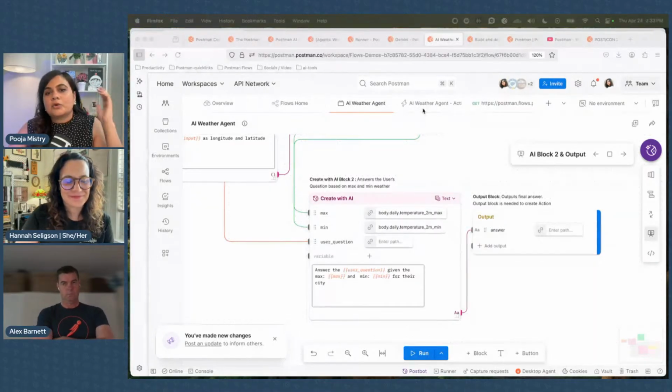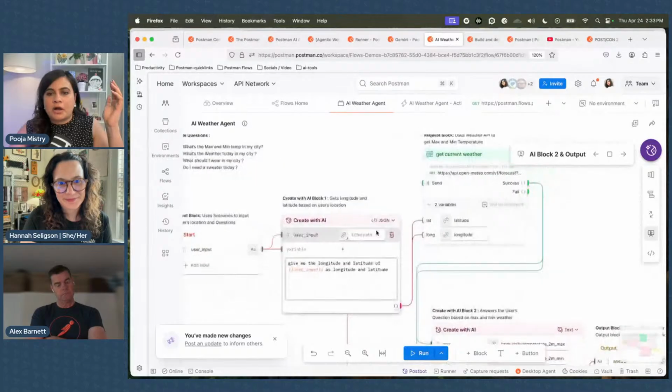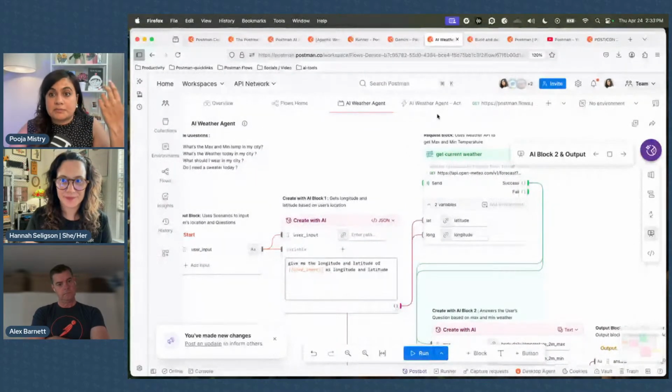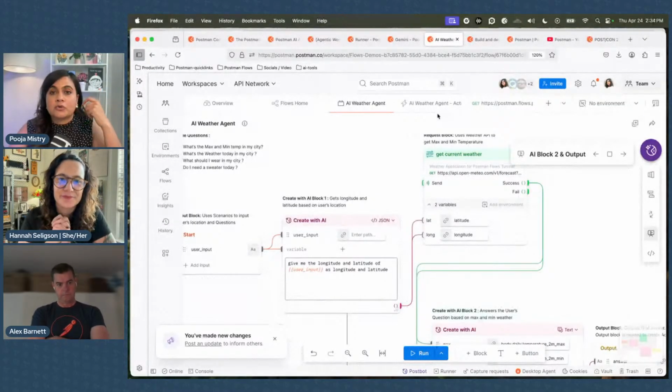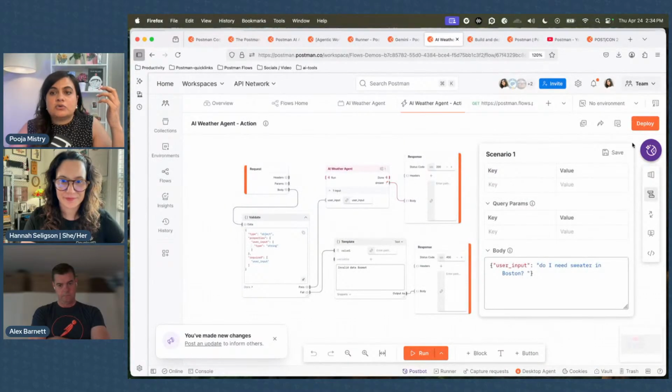The cool thing about this is that not only do we have input and output blocks, we can now turn this into an entire API and we can deploy it. This is where a brand new feature that just got released, I believe yesterday, Flows Actions, comes into play. Now that we have built a workflow using Flows, which is a flow module, you can now convert that into an action.